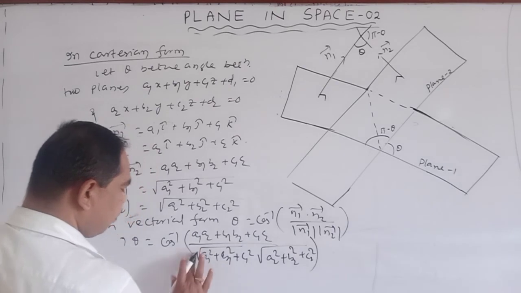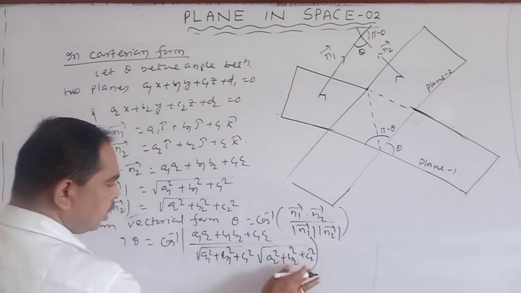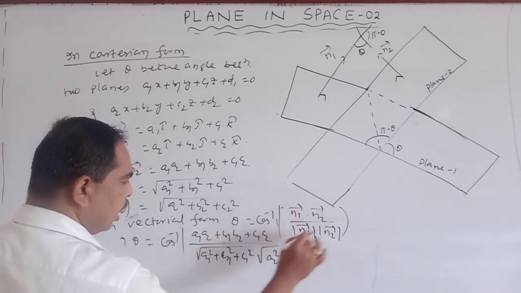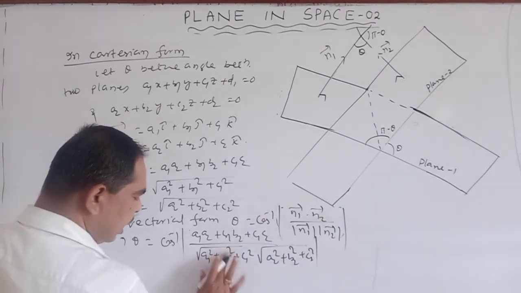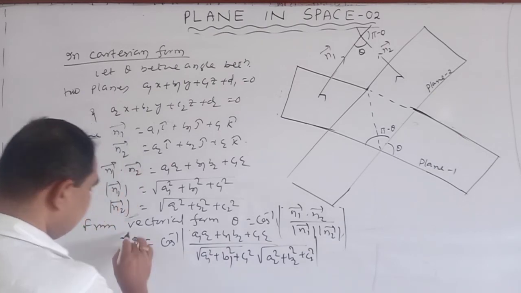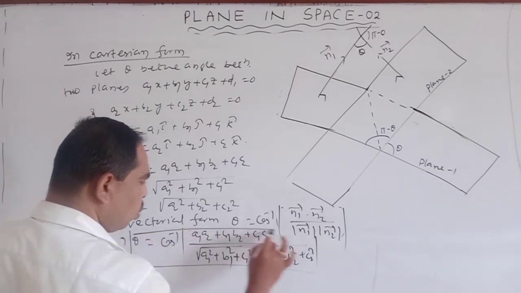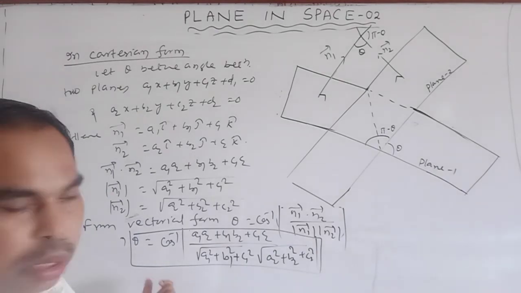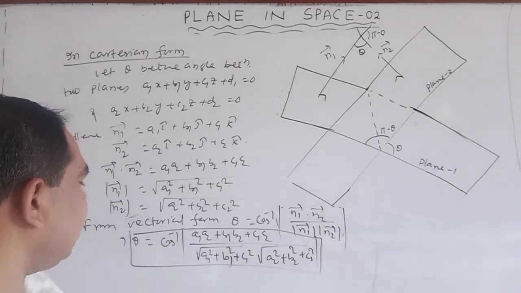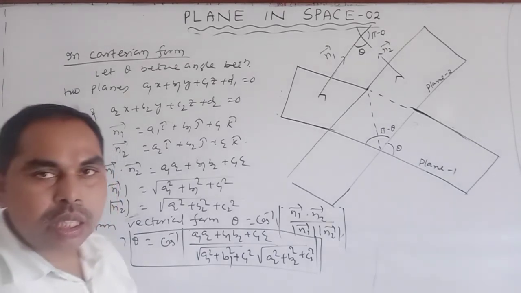Okay, for acute angle we take the positive sign, for obtuse angle we take the negative sign. So this is the angle between two planes in Cartesian form. Angle between two planes in Cartesian form. We only use the coefficients of x, y, z. Okay, next